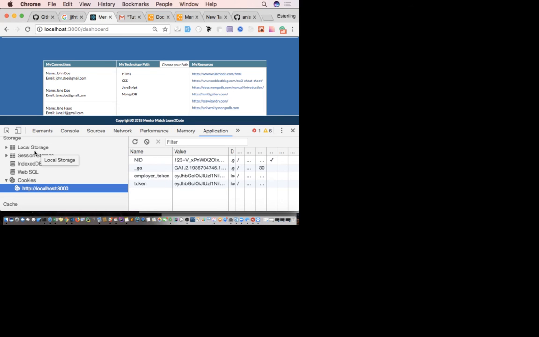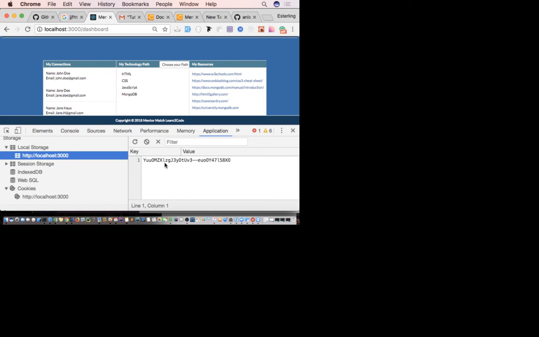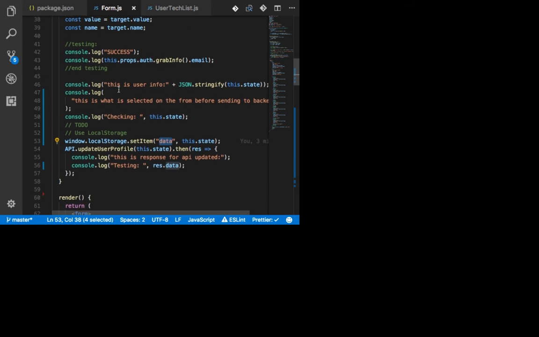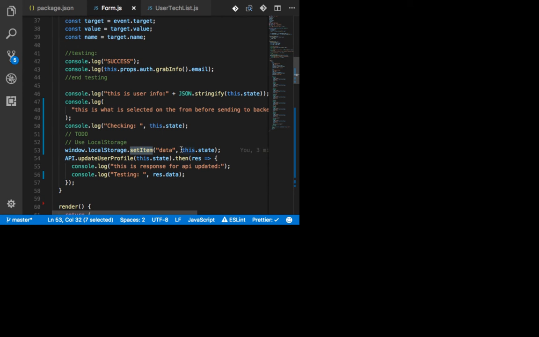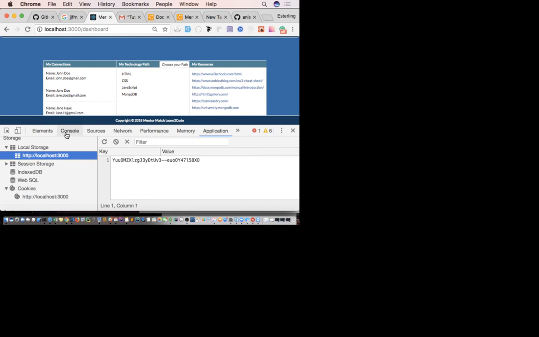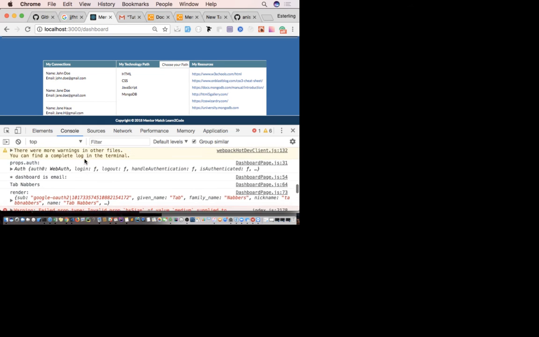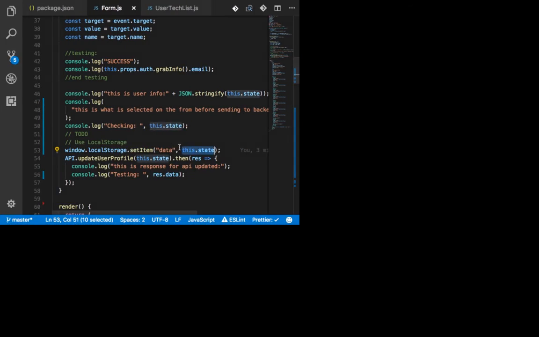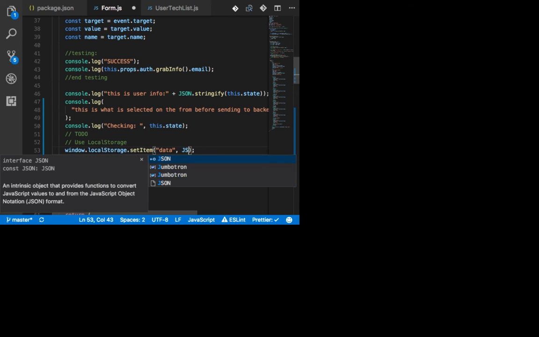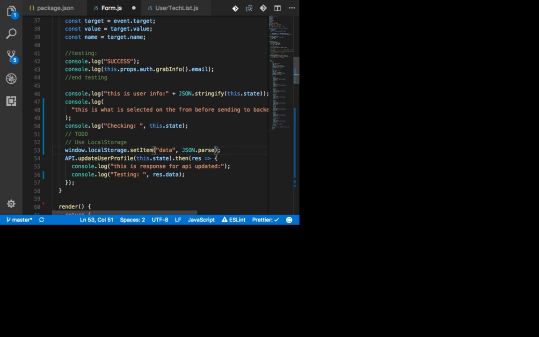Okay, so let's check our local storage. Is it in there? Let's see. There is some weird value over there. What is that? Okay, so the value wasn't stored inside local storage, which means this value hasn't been set to my local storage. Oh, hold on. So the check should be the data. I'm assuming it's because I didn't parse it. JSON.parse. I think it's stringified in storage, some sort of weird stuff.